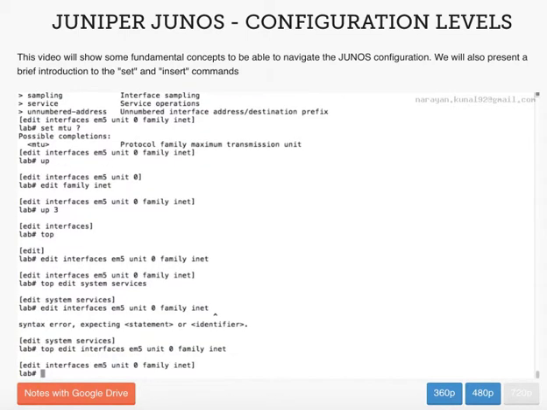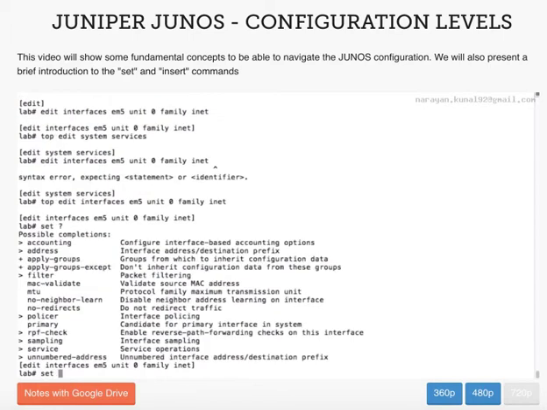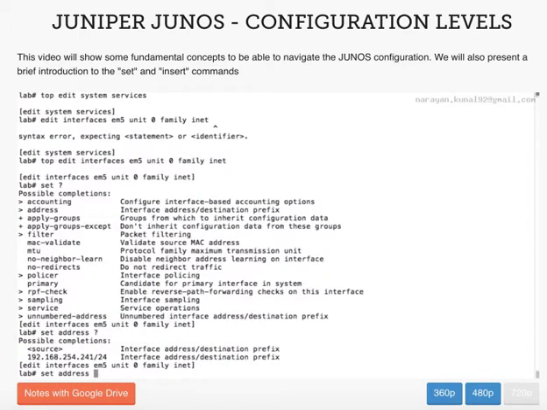Let's see an example of it here. Let's say we want to add an IP to this particular interface. So we can use set. Remember to use context-sensitive help if you're not sure what the command is. So we can tell set address, and this already has one IP address, so we can add another one